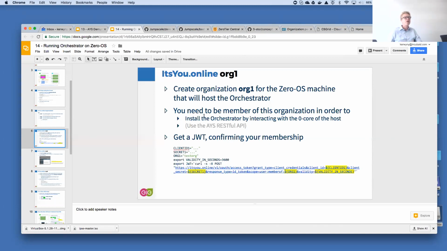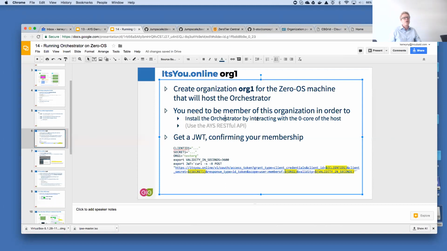So what I say here, you need to be a member of this organization in order to install the orchestrator by interacting, and I will show you how, with the zero core of the host. The zero core, remember, is basically the principal process or service, or the first service that starts when you boot an OS. It's basically the systemd equivalent of the OS.